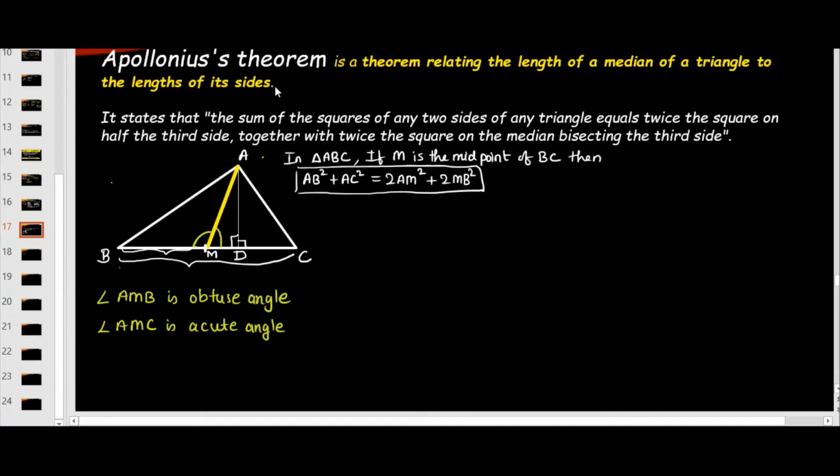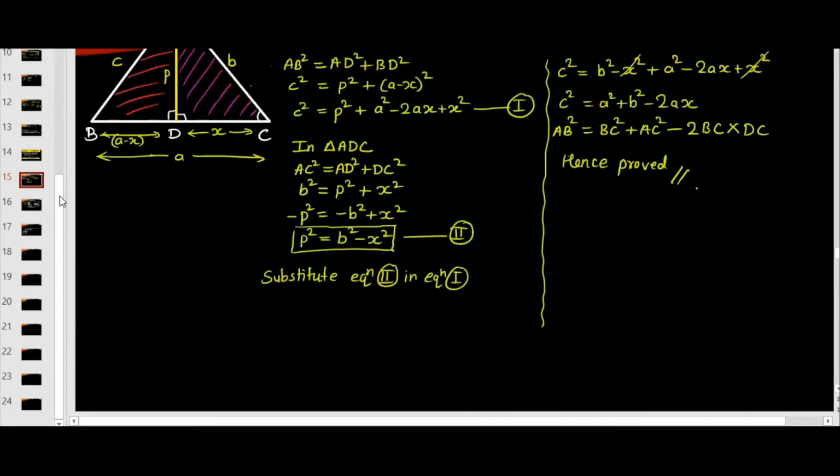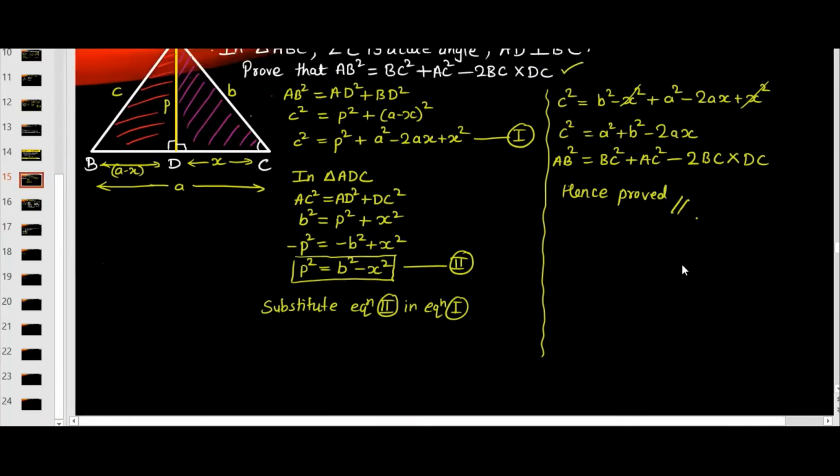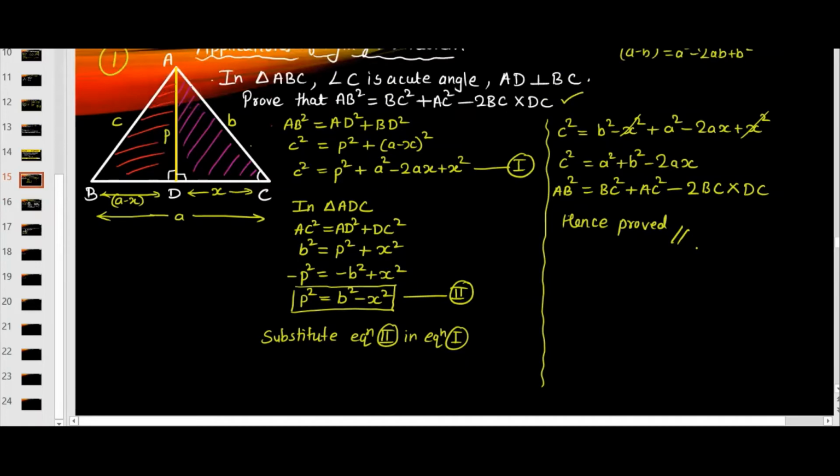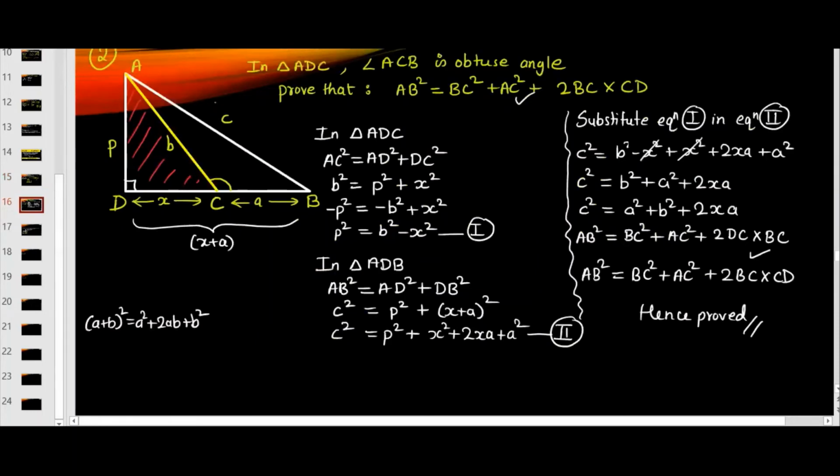Okay, this is the information we came to know from the triangle. Let us continue with this. We have got the answer previously for those two applications when we were solving. We have to use this. Whatever proof we derive, we are going to use it. That is, what is this proof? AB square equals BC square plus AC square minus 2BC times DC. And for the second triangle, whatever we got, we have to use the proof of this.